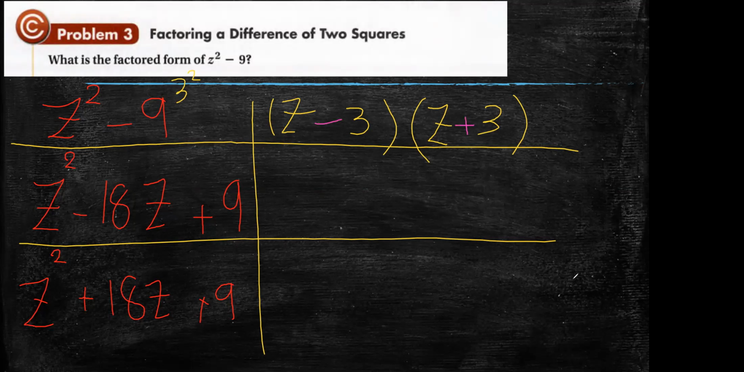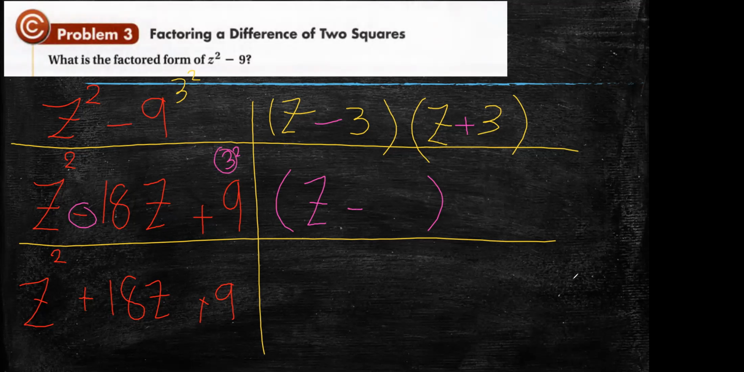Look at the second one here. Did we have a difference of two squares or a perfect square trinomial? It's not a difference of two squares. It could be a perfect square trinomial. Let's see. Here we have z squared, and this 9 is a 3 squared. So we put z